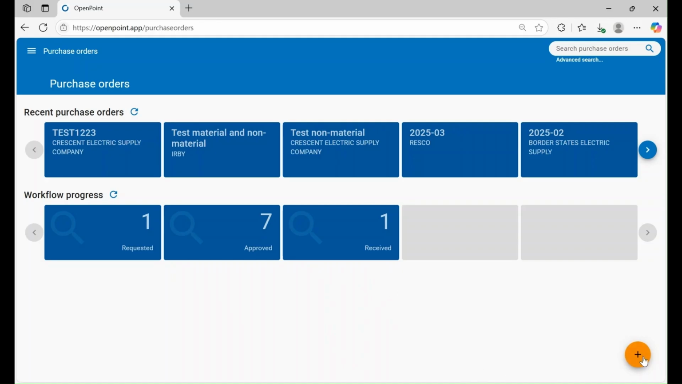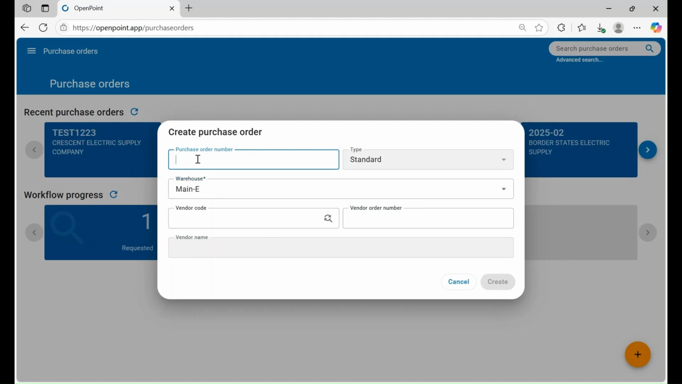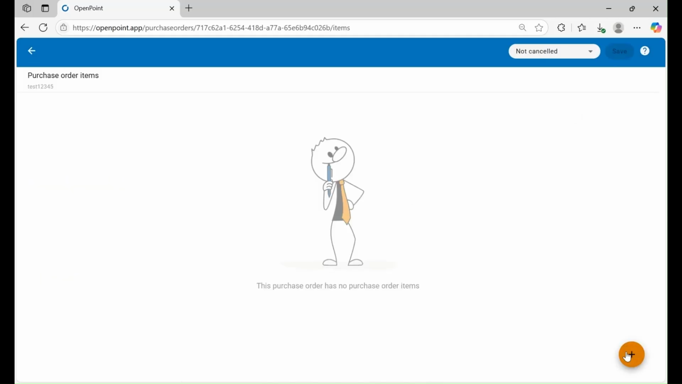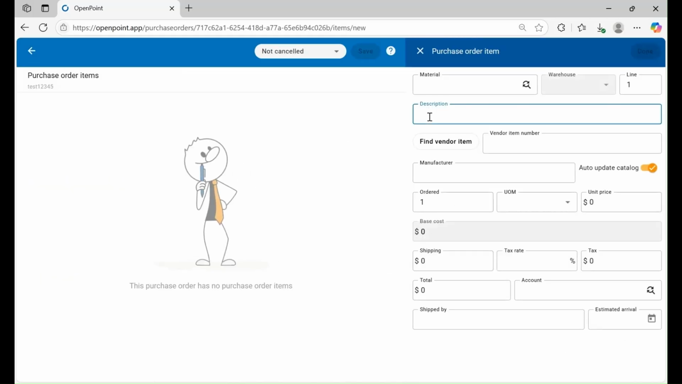So we'll want to create a new purchase order for the no material code item. You can enter the purchase order number, the vendor code, and then create. So for our purchase order items on this particular purchase order, since it's a non-material item, all we need to do is fill in the description,